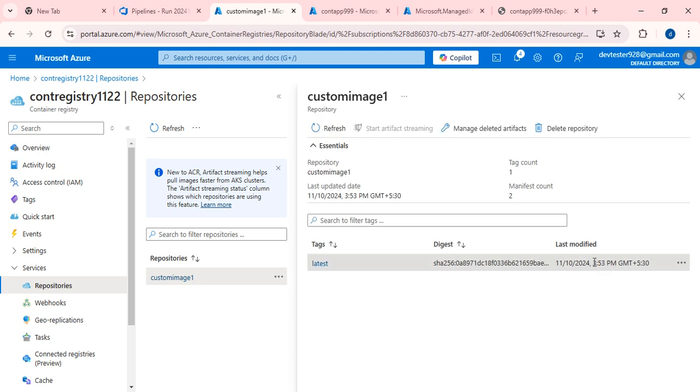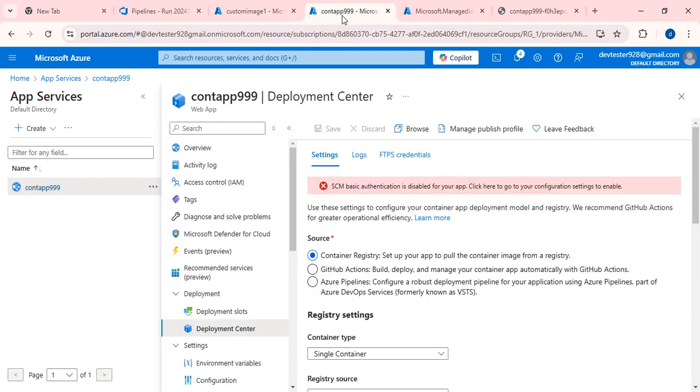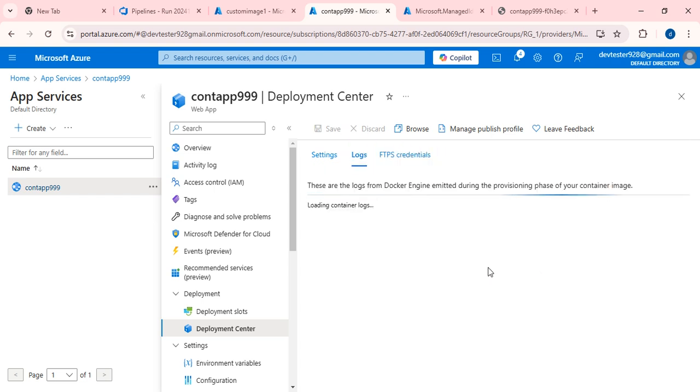Just now it has been triggered. Okay, it has been triggered. So the same image will be deployed over the container app. Suppose if you want to check the same in deployment center, just go to the logs,